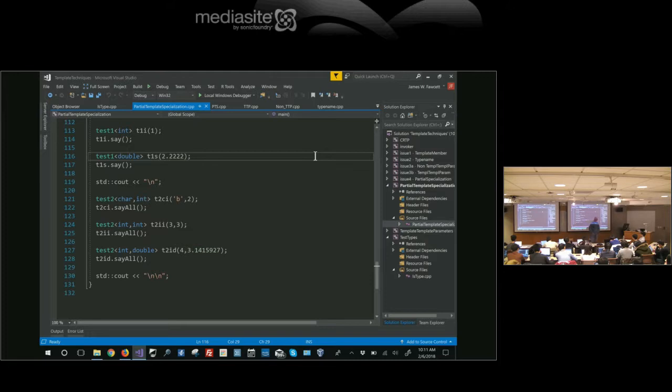Suppose I have a class with two template parameters, class T and class U, and I have two specializations. The first one is string, class U, and the second one is class T and int. And I pass it string and int. Which specialization will the compiler pick? So you have two partial specializations,